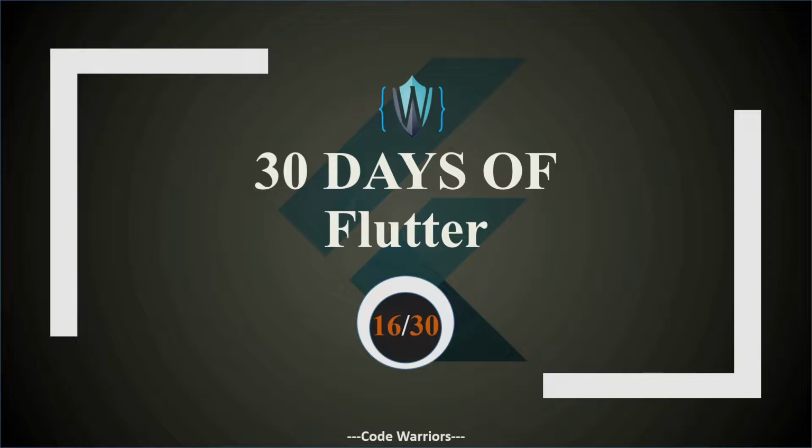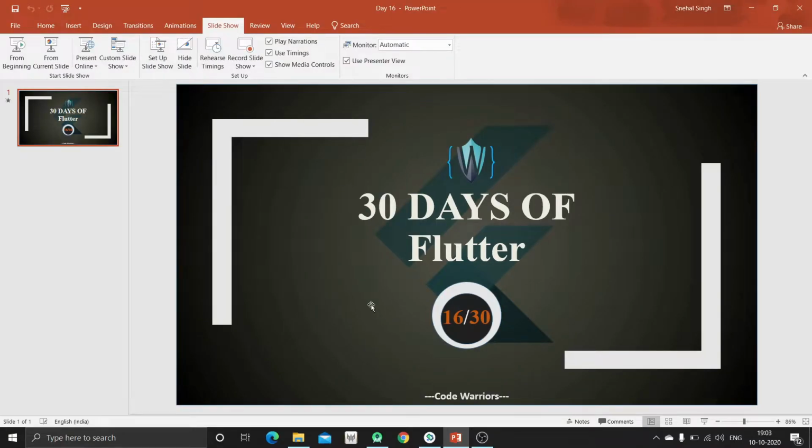Now basically we have four types of alert dialog widget. The first one is the basic alert dialog widget, the second one has a text field inside it, the third one is the confirmation alert dialog widget, and the fourth one is the selection or select alert dialog widget, in which we can select any of the provided elements. So we will see all these four kinds of alert dialog widget in our coding section. So let's jump to that.